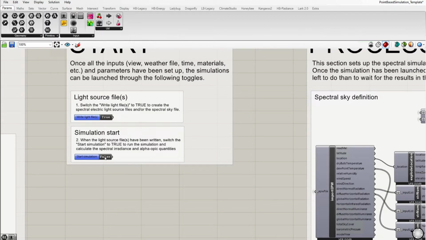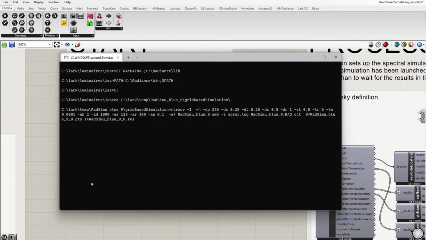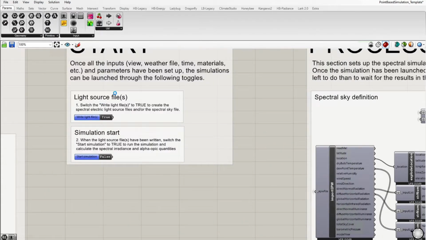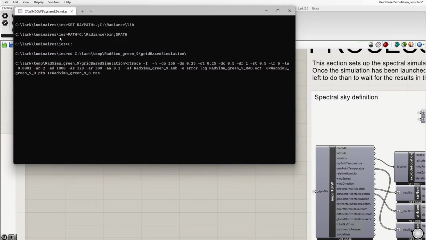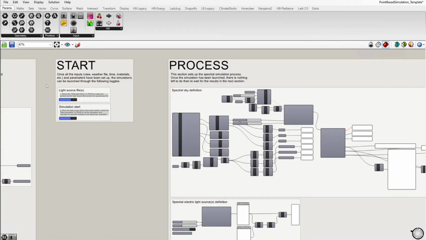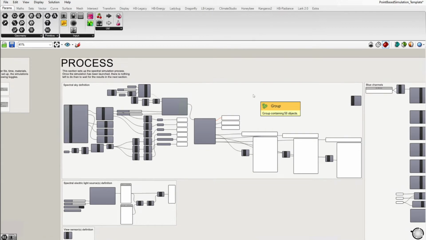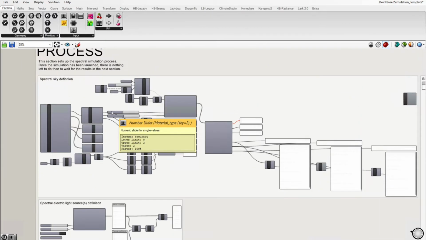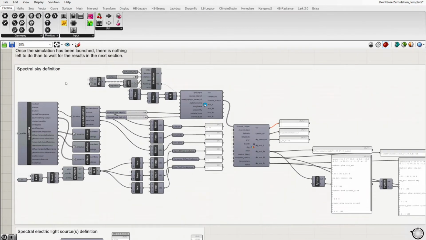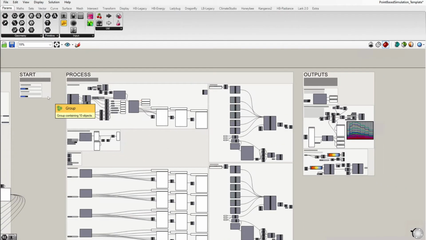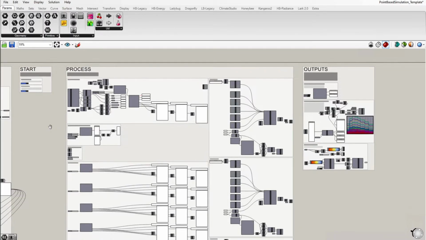And while the simulation runs, I will show you the process. When you run the simulation, you will have these terminal windows that will appear, and this just means that the Radiance simulation is ongoing. Okay, so if we look at the process, actually, let me zoom out. This first part